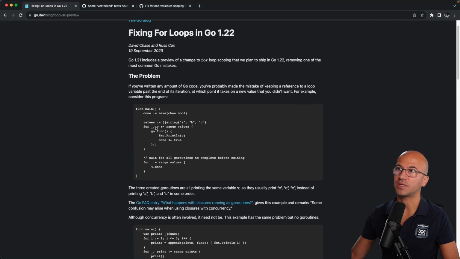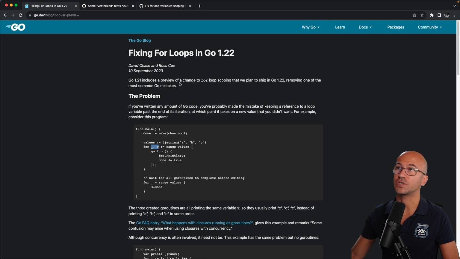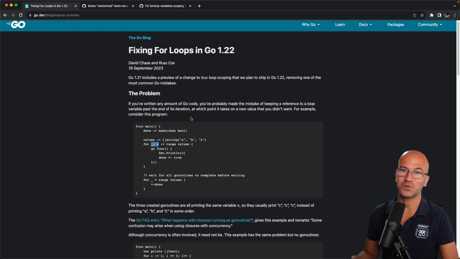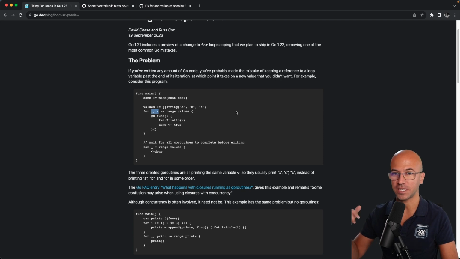You will have maybe some variable declared as part of the for loop, and how the actual scope for this variable will change in a future version of Go. I will have the article linked down below, and also for those of you that prefer a video commentary while reading the article, there is also a nice video cover that I found, which I will link down below.